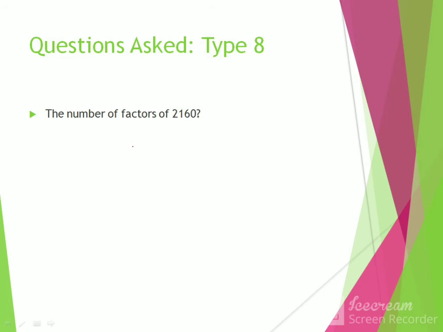So this is the last question in this series. The number of factors of 2160, as we saw in the previous question, 2160 can be written as 2 power 4 into 3 cube and then 5 power 1. In this case, it is asking the total number of factors, not only the prime numbers. If we list out, 2 will be a factor, 3 will be a factor, 5 will be a factor, 4 will also be a factor, 10, 12, so we'll be getting a somewhat higher number of factors, because it is the total number of factors.